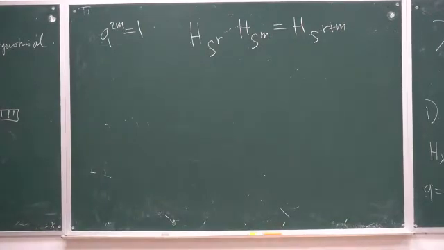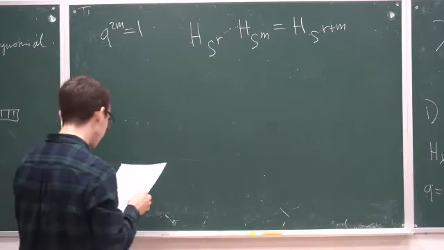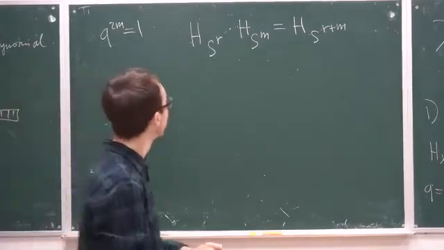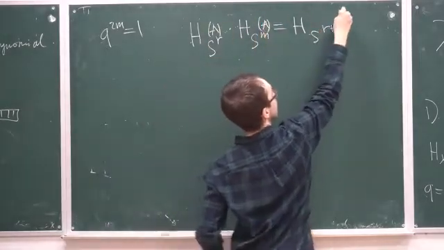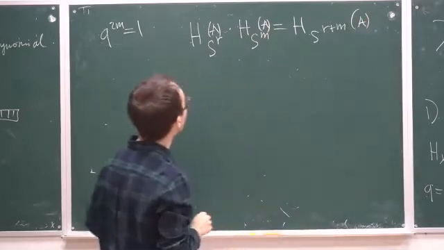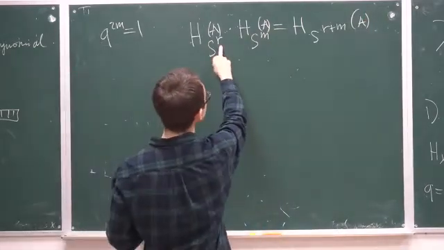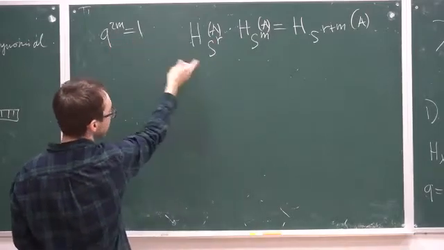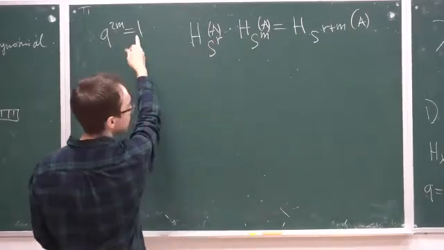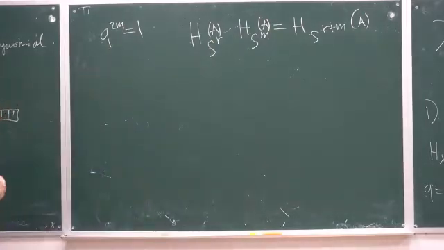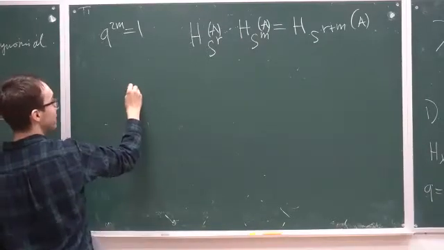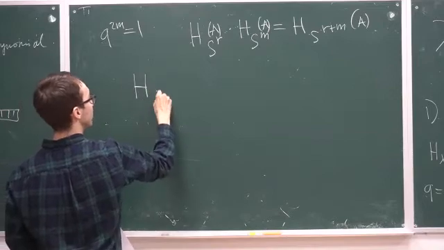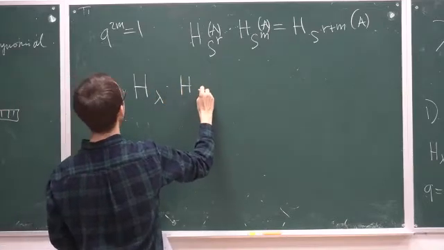Any question? And they depend on A as functions of A. Yes, but there is a function R. Yes, this is true for any R if Q to M is equal to 1. But it is also true if Q to 2R is equal to 1. Obviously. Yes, and if we have an arbitrary representation lambda, then the following is true, that H lambda times H of the representation S^M is equal to H mu,